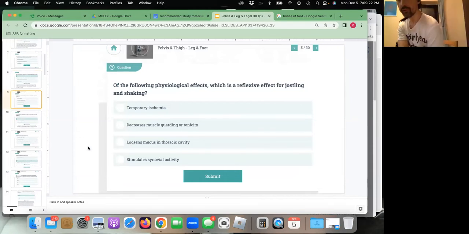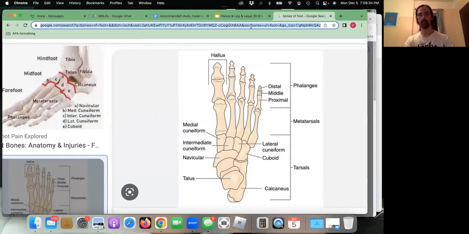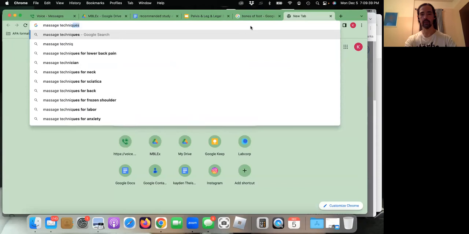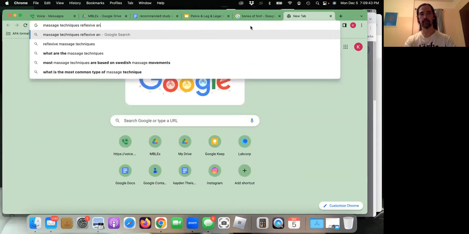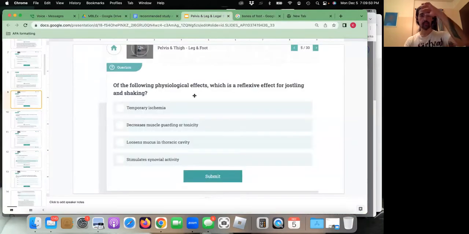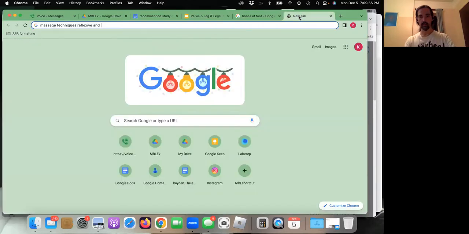Of the following physiological effects, which is a reflexive effect for jostling and shaking? Okay, great. We'll come back to this in a minute. So let's take a look at the difference between, for massage techniques, the difference between reflexive and... I'm now forgetting my terminology. Mechanical